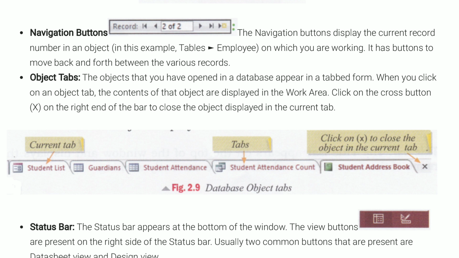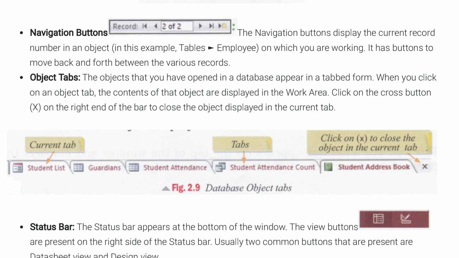When we click on an object tab, the contents of that object are displayed in the work area. Then we can click on the cross button on the right end of the bar to close the object displayed in the current tab.